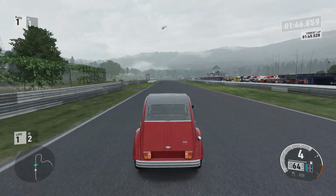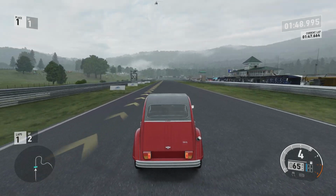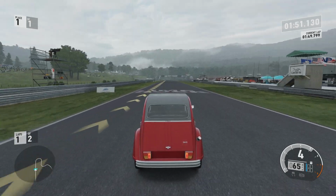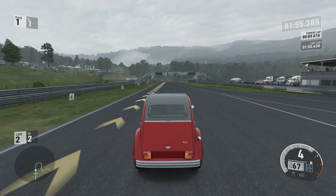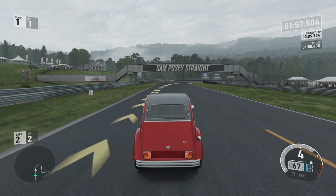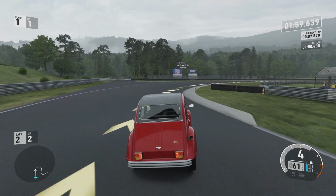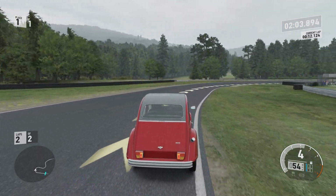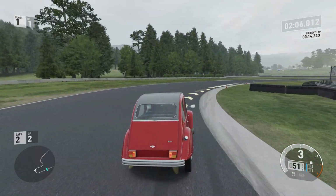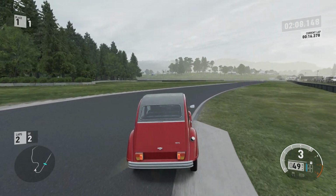But yeah, I am really glad this car's on the game, because it revolutionised, you know, the kind of car industry in a way. Like I said, it was the first million plus seller front wheel drive vehicle, and yeah, really led the way in terms of economy cars, and kind of hope that it means that we get